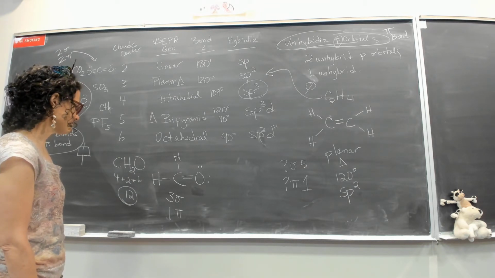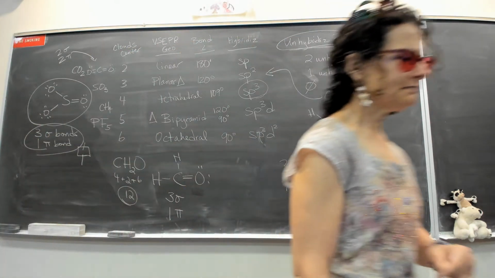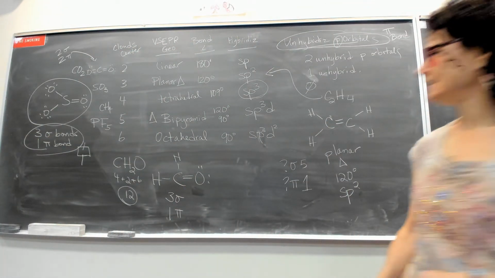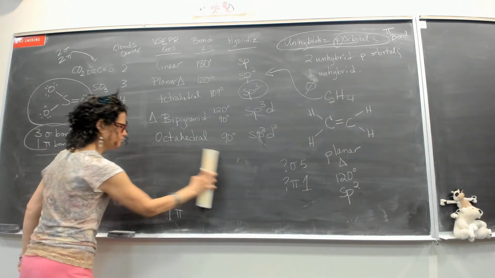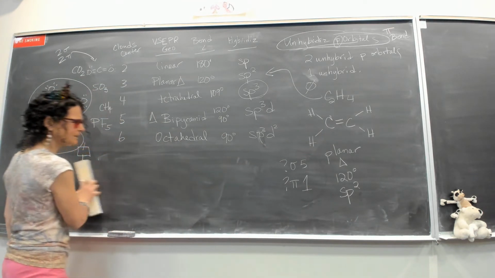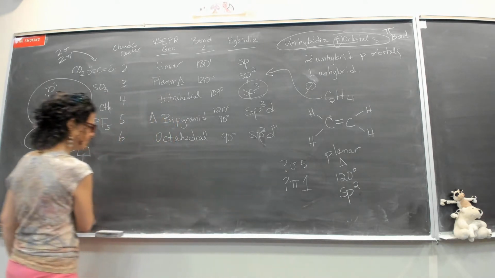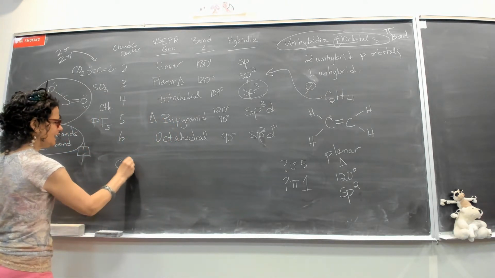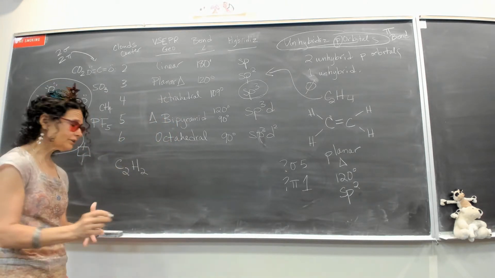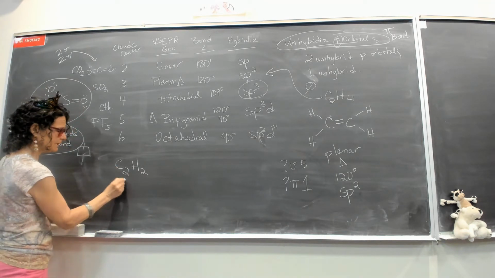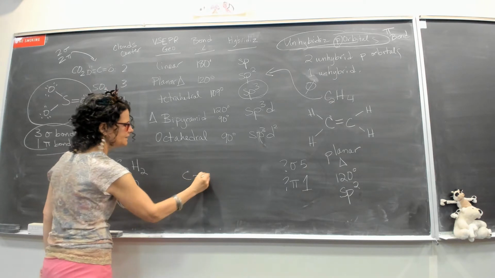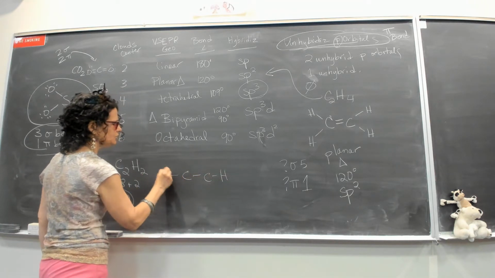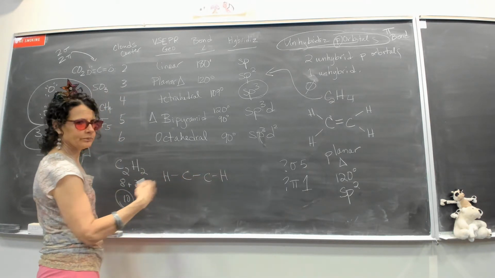All right, we're gonna do one more, 2 more. C2H2. I'm gonna erase this one. Now you're going, yeah, that whole other board, but it's so clean. I'm saving it for the next page. So C2H2. So you can count your electrons. You have 2 times 4 plus 2 more, which is 10. You put the carbons there, put 1 hydrogen on each carbon, and whatever you try to do,